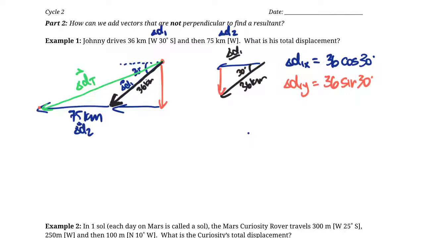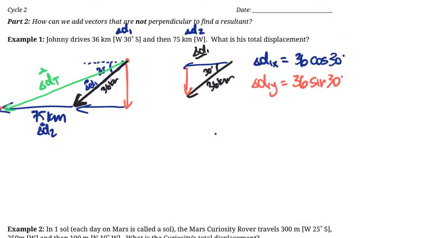Let's just quickly do those in the calculator. 36 cos 30 is 31.18. I'm going to carry some extra significant digits here because when you do these calculations and you've rounded too much within the calculation, you end up with a lot of rounding error at the end. That happens whenever you're dealing with angles. So let's just take a few extra. 31.18,